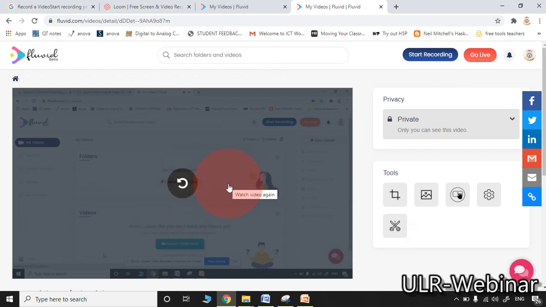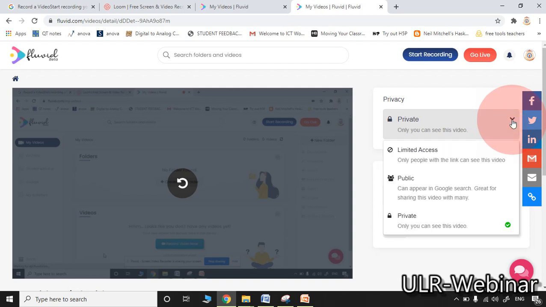Whenever you are comparing with Loom, here the additional feature you are enjoying is that you may add annotations directly by selecting the pen tool. That is a very required tool for the teachers. Here please observe, you may choose the privacy level like private video, public video. Automatically you are logging in with your Gmail ID, so a dedicated account, like in YouTube, whatever channel name you are using for your YouTube channel will appear for all your videos. Similarly here also, all the videos will be preserved in your account. You may select the privacy level like private, limited access, public, everything.